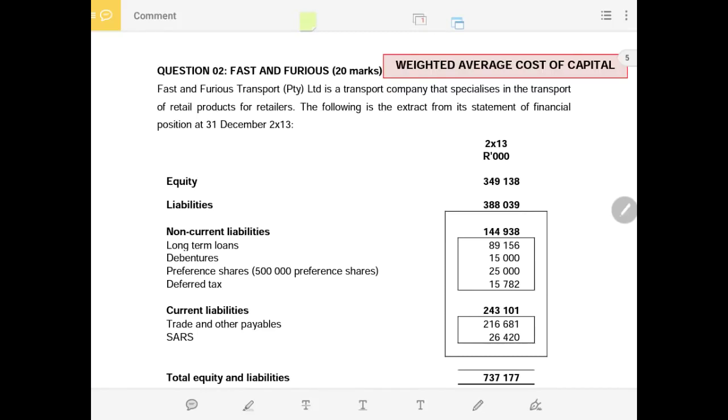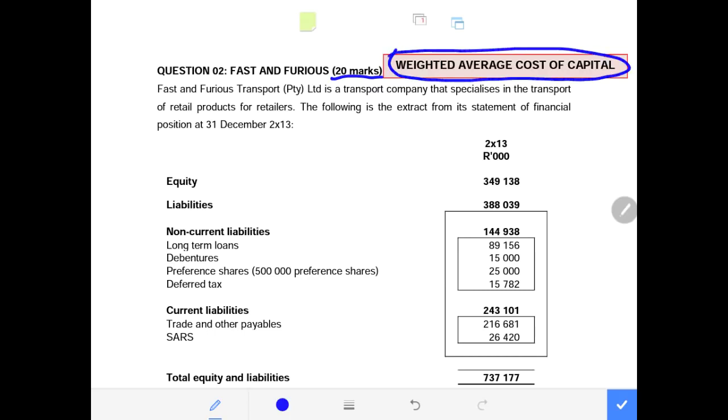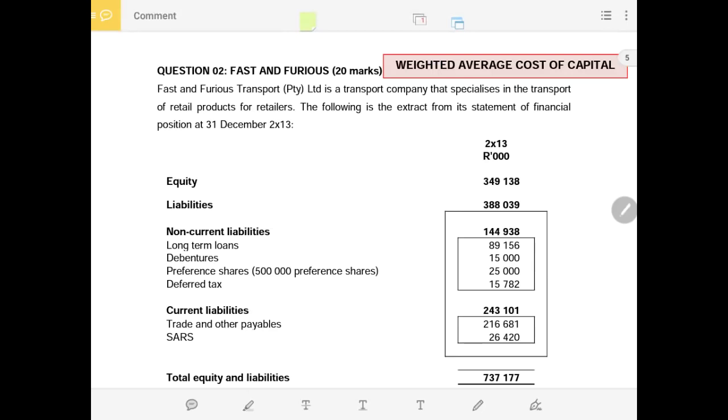Greetings, students, once again. This is a question on the topic of weighted average cost of capital, the Fast and Furious question out of 20 marks. It will not always be the case that in the assessment they will clearly tell you that this is weighted average cost of capital. You might need to be able to identify that you must use weighted average cost of